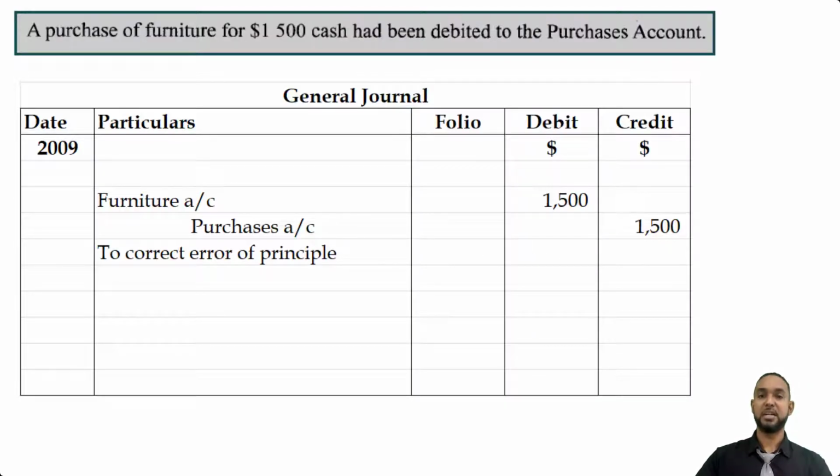So that's where the wrong class of account has been debited or used, right? The class of account here, purchases, is an expense, furniture is an asset, right? Or again, you could just simply think of it as the wrong account that is not a personal account, that's in somebody's, the wrong person's account, which we're going to see now